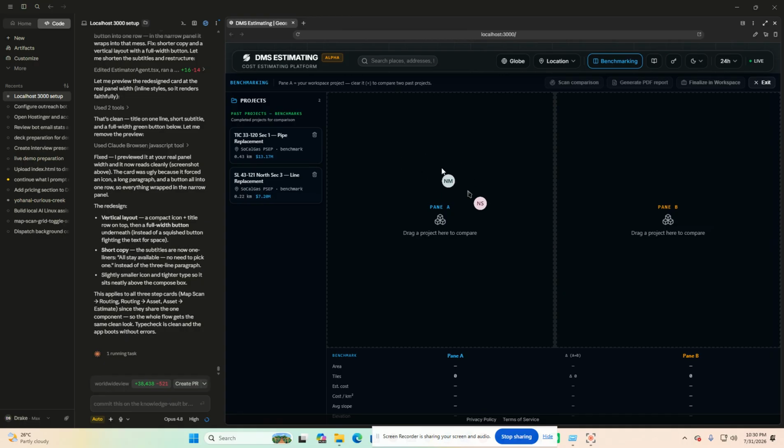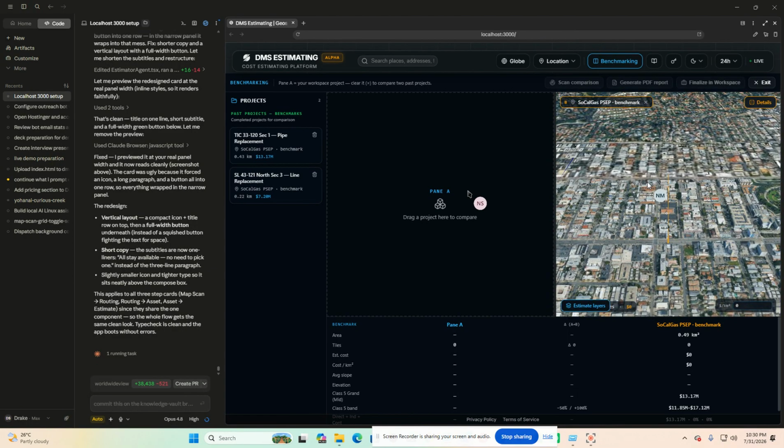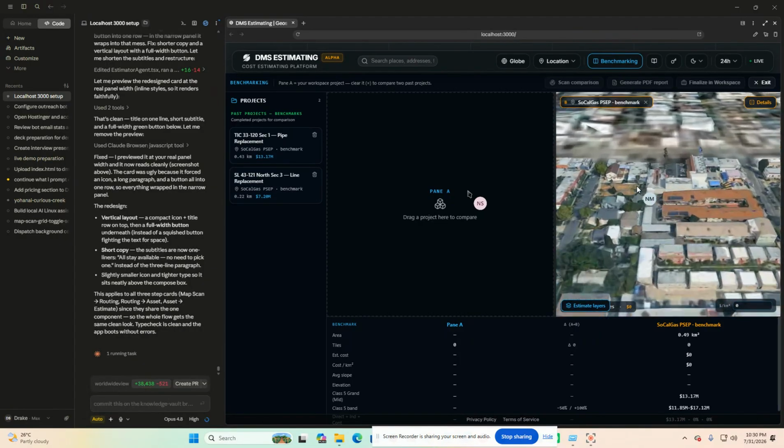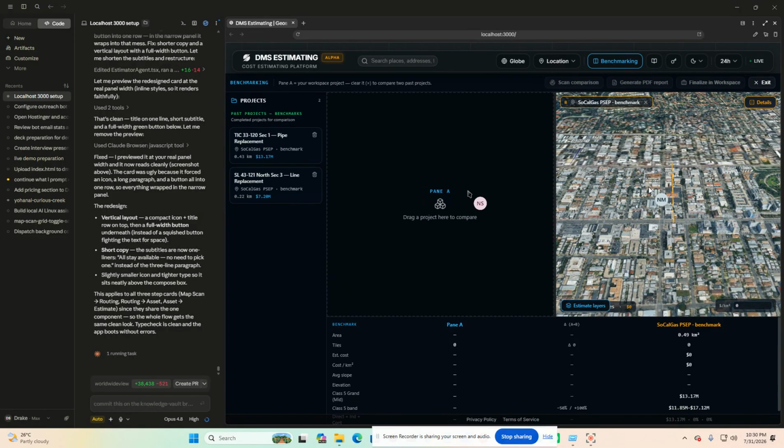You can put here your project, and also in panel B, you can also put your existing project before. So this is for benchmarking, right? Yes, this is for benchmarking. I see. I'm not done here yet, Tito. I'll proceed with this once I already got the flow for this one.